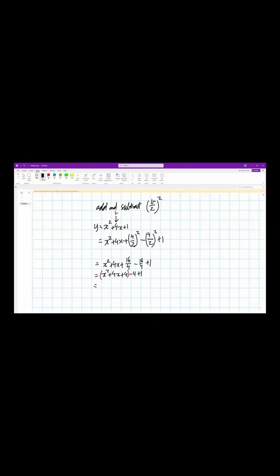And so what are the factors of 4 that would add or subtract to give us 4? Well, this involves understanding the factors of 4, which are going to be 4 and 1. 1 times 4 gives us 4, 2 times 2 also gives us 4, and 2 plus 2 is 4. So that's going to be our answer there. So we're going to get x plus 2